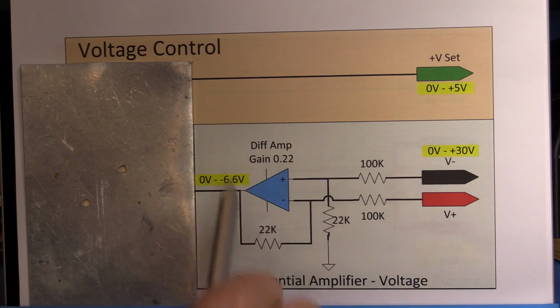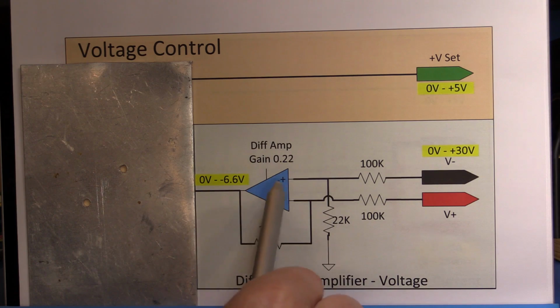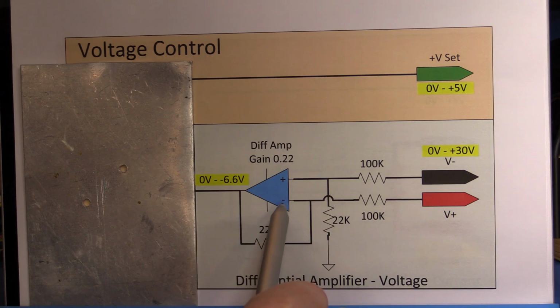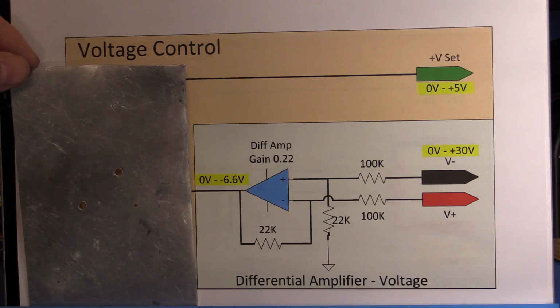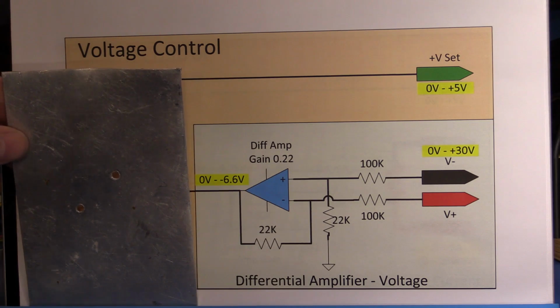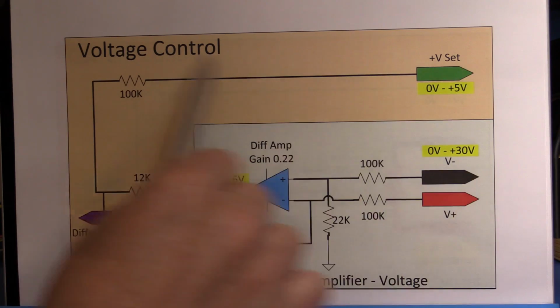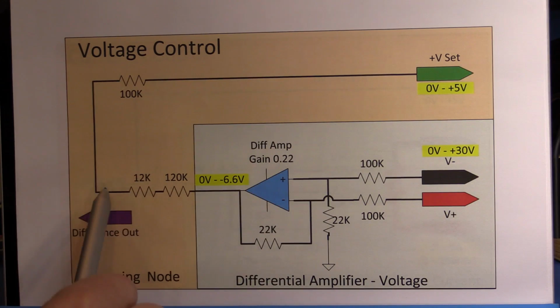differential circuit. The negative output is because, one, we have a split rail, so we can go negative, and the second part is, remember, we've wired these up backwards, so the positive input is actually going to the negative of the differential op amp. Now, you might be saying, why the heck am I doing that? That doesn't really make sense, except that when you look at the consideration of what I'm doing with the set point from our potentiometer or digital to analog converter or whatever our control system is, then it'll make it very clear. So what I'm doing here is I have a summing junction simply made out of a set of resistors,